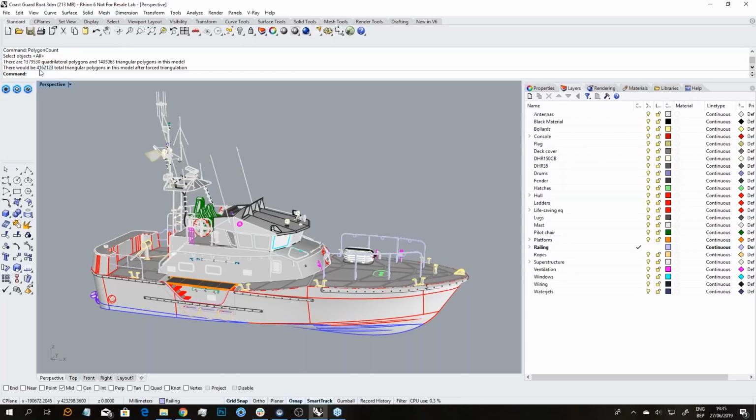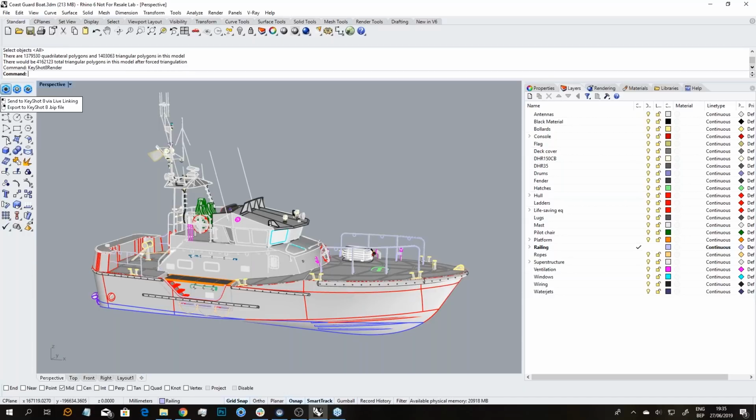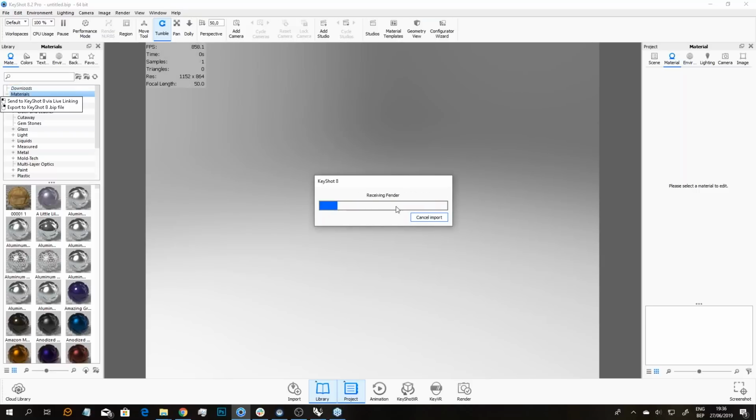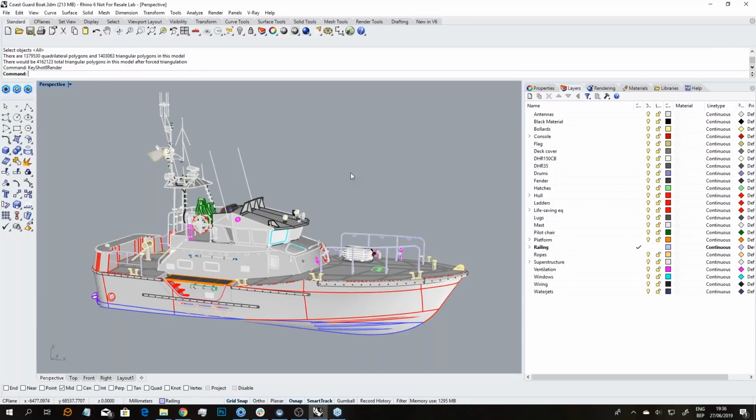In this case it's a bit hard to read, but it's 4,162,000 polygons. Now in Rhino, with a plugin, I can just push this to KeyShot. So I just click the button here, and that opens KeyShot 8 for me, and then it transfers geometry, and this should be fairly fast. Now it's moving all the geometry, and with Rhino we have the benefit that it retains all the layers that we have, so that's nice and easy. Also when we try to move geometry in different groups for the physics,